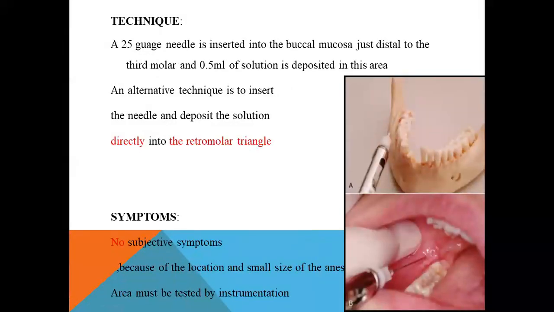Technique: a 25 gauge needle is inserted into the buccal mucosa just distal to the third molar. 0.5 ml of solution is deposited in this area. An alternate technique is to insert the needle and deposit solution directly into the triangle. Symptoms: the patient will not have any of the subjective symptoms because of the localization and small size of the anesthetic